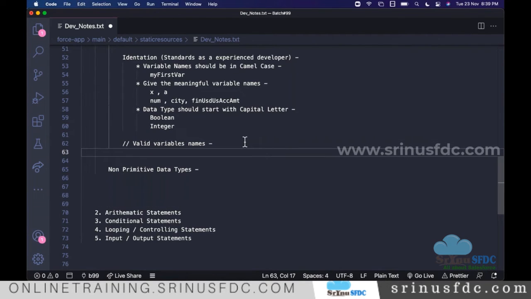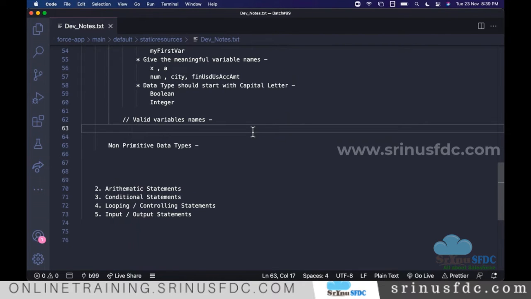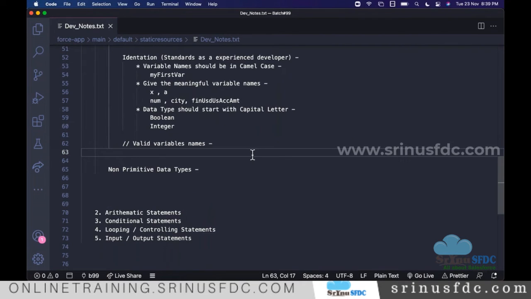If you don't follow this, the system will throw an error. Error means the syntax error. Syntax means whatever statement we write is not as per the syntax the Apex language is expecting. So it won't allow you to save if there is a syntax error.